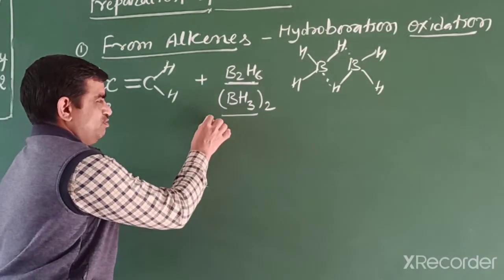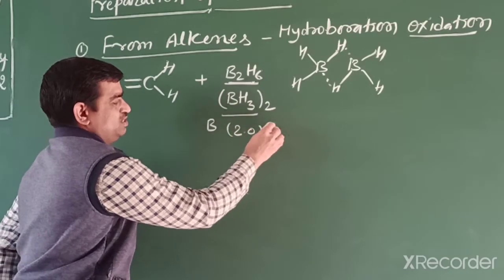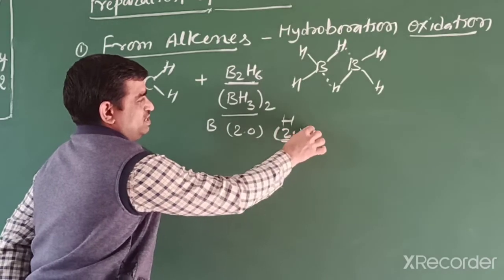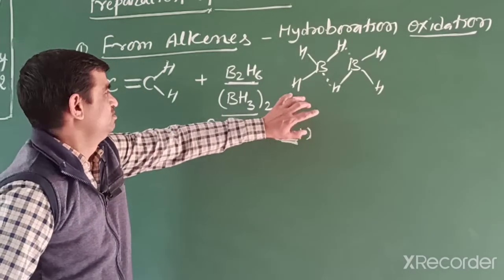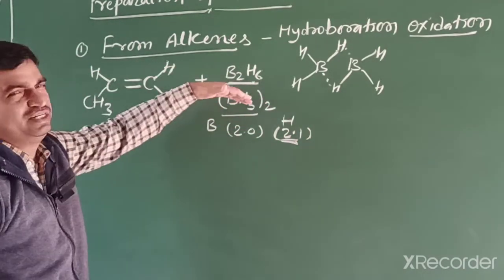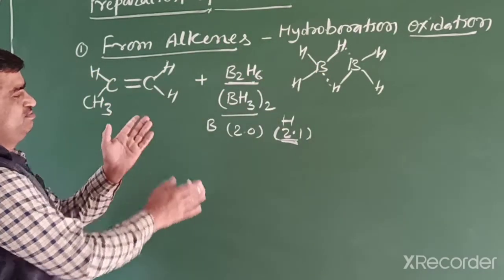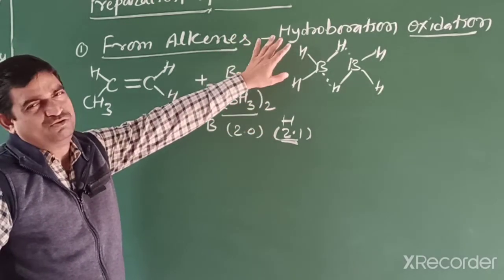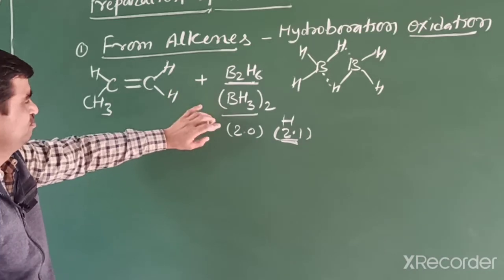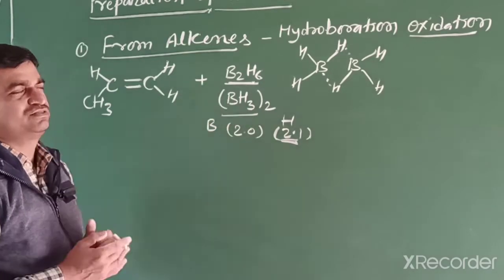So students, we know boron electronegativity is 2.0 and hydrogen electronegativity we know is 2.1. So which one is more electronegative? Hydrogen. So hydrogen attaches to the carbon having fewer hydrogens, because this addition is also according to Markovnikov rule. We want addition of boron and hydrogen first, which is known as hydroboration. This reaction occurs according to Markovnikov rule. Boron attaches to the carbon having more hydrogen. Why? It is less electronegative.